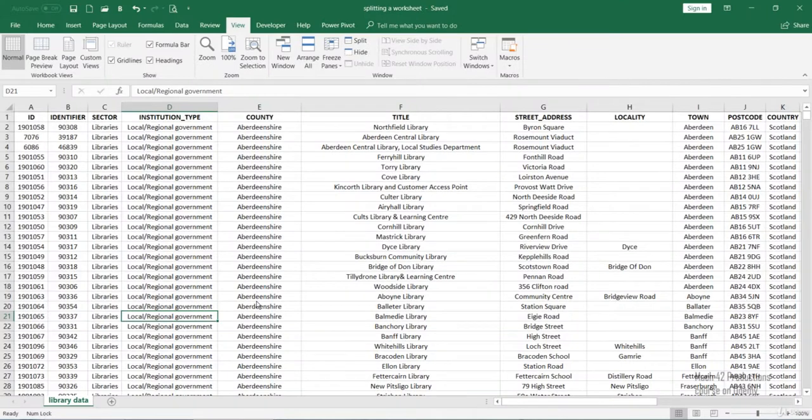Okay folks, in this lecture I'm going to show you how you can split a worksheet into two separate scrollable parts. So, I've got here a set of library data for the UK. This is a list of all the libraries in the UK and the various properties of those libraries. For example, the name of the library, the street address, the town, the postcode, and the country it belongs to,